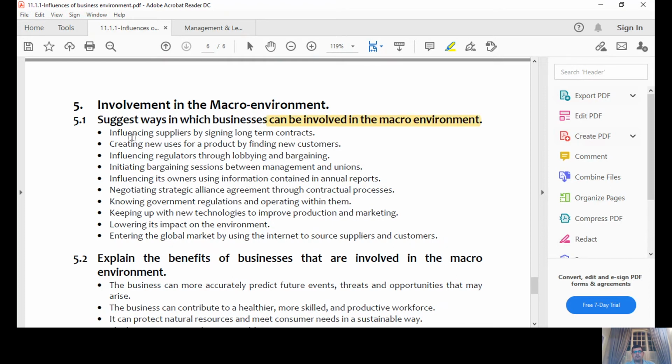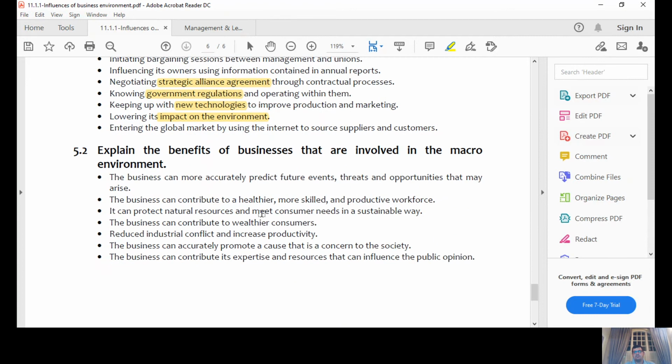And things like, for example, influencing your suppliers by signing long-term contracts, lobbying, bargaining power, we've talked about that, strategic alliances, knowing government regulations, new technologies, impact on the environment. That's how a business can be involved in the macro environment. And that obviously leads to certain benefits that the business will reap when they are involved in the macro environment. So the business can more accurately predict future events, and they can contribute to a healthier, more skilled, productive workforce,